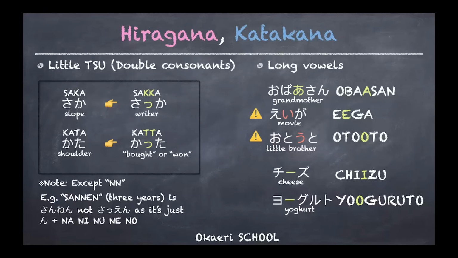This one, little tsu, double consonants and long vowels. In hiragana, for example, oba-san, you just put extra vowels, and then it becomes a long vowel when you write. Just to be careful, eiga, we write eiga, but it sounds like eega. Otouto, we write otouto, but it sounds like ototo. And then in katakana, chizu, like yogurt, these long vowels, we write basically just a hyphen, a line to show the long vowel. So that was all we've learned, but